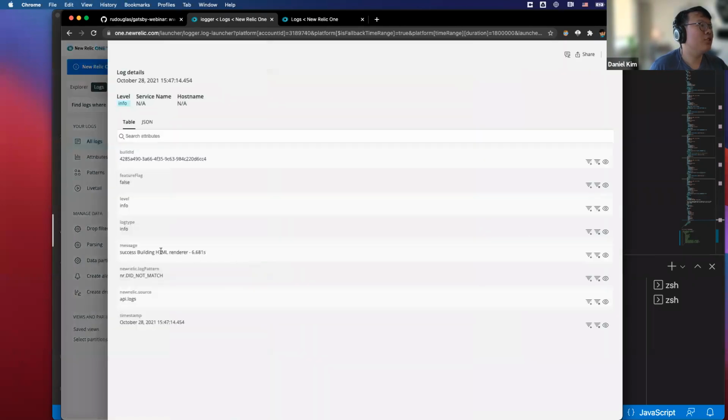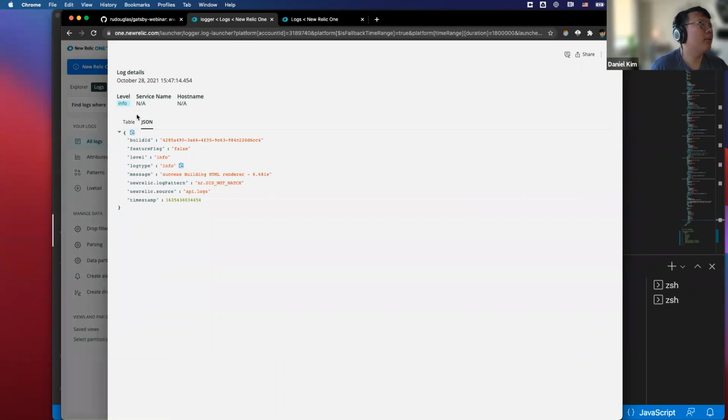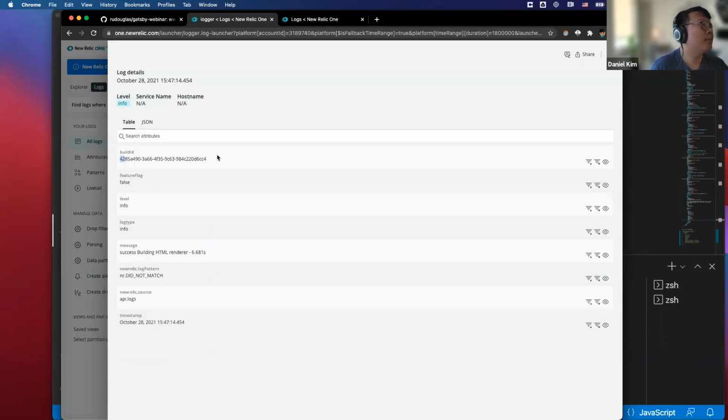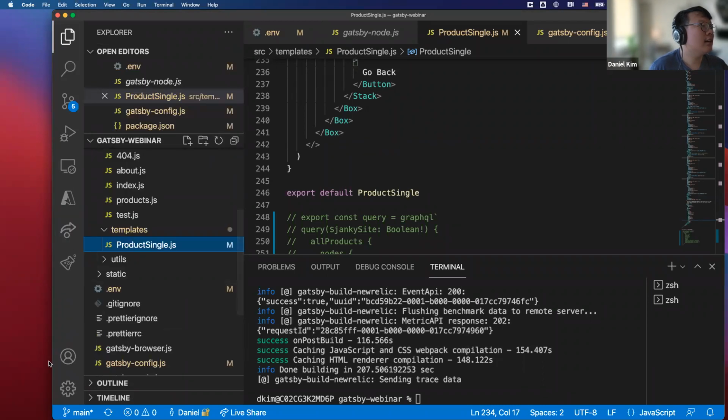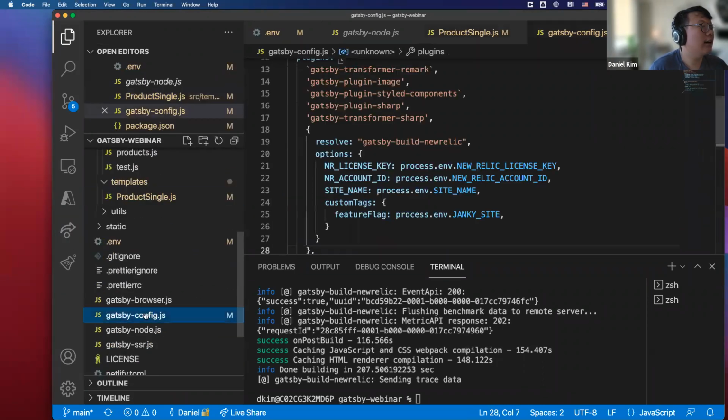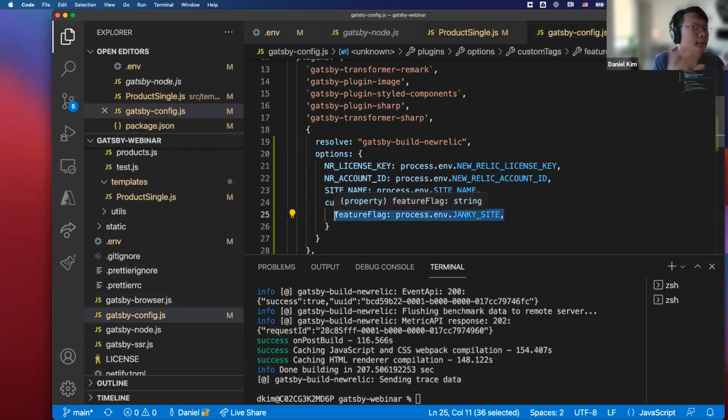When you click on each log, we can get a bunch of information about it. For example, where it comes from, which build it comes from. The feature flag right here is a customizable variable that you can set in your config JSON file. If you go into Gatsby config right here, you can add custom tags to mark things, so you can correlate certain builds to certain things you did to the code.